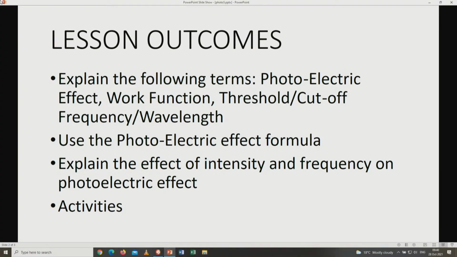So we have now explained where this photoelectric effect formula comes from. And we are going to use this photoelectric formula to solve problems at a later stage. But it was important that I explain where this comes from. Now we are moving on to the factors that can affect the